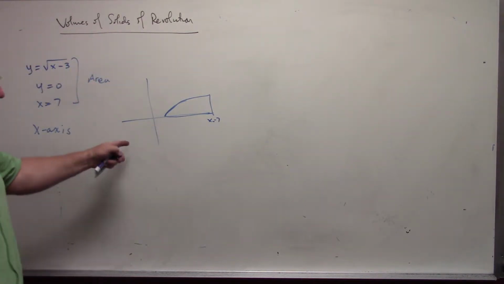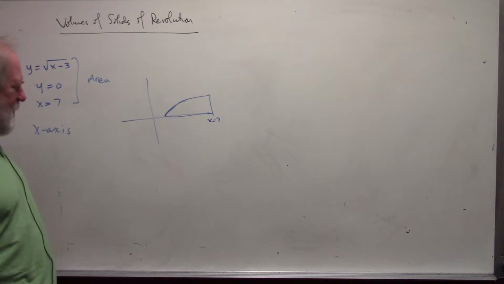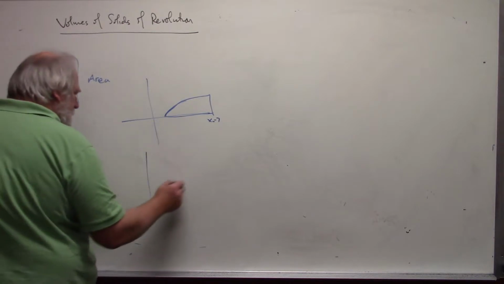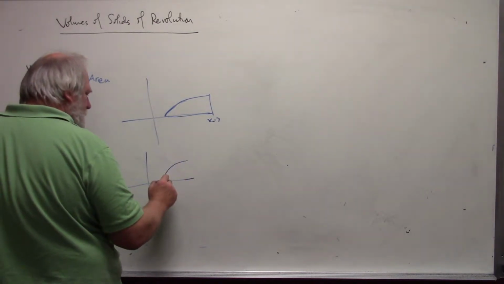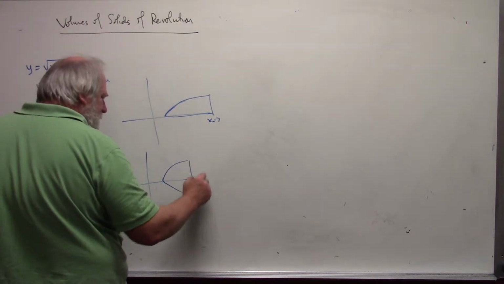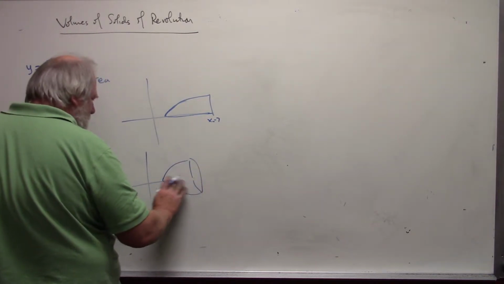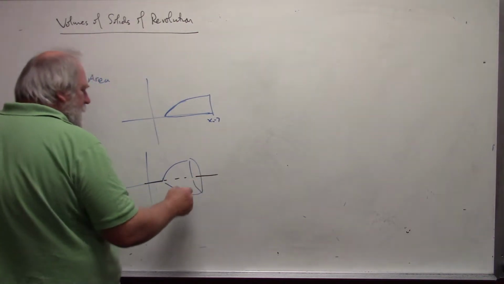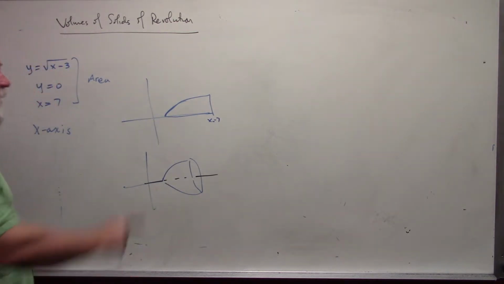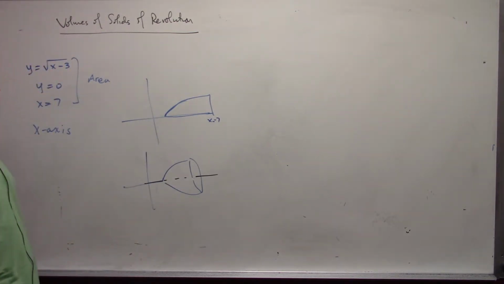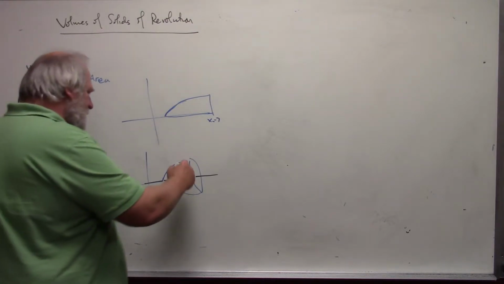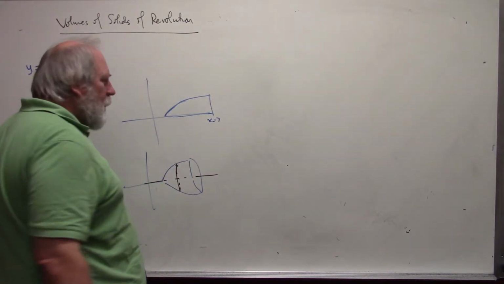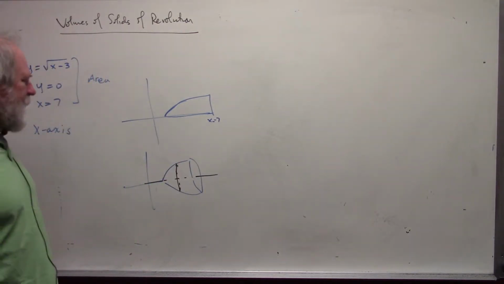This is actually the important picture that we need, the picture that involves the area. We don't really need the picture that gives us the 3-dimensional rotation. I will draw it in this particular case. Generally, I'm not going to draw it because, again, I am terrible at it. But this is the important part. And notice that when I rotate this, again, I get a circle or disk. When we do the disk method,